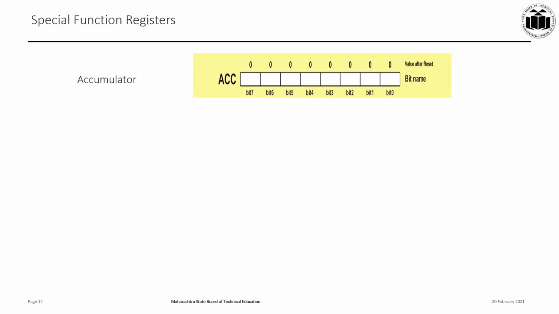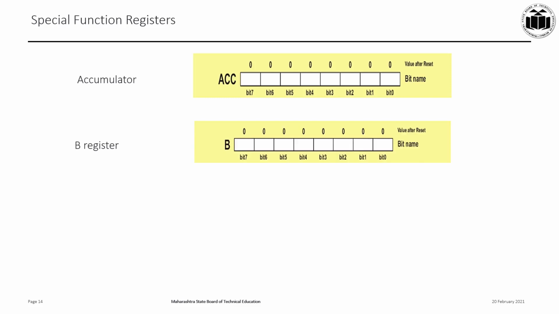Accumulator. It is an 8-bit general purpose register. As can be seen in this diagram, the central processing unit of 8051 is accumulator based. So, accumulator is used to hold the source operand and the result of all the arithmetic operations like say addition, subtraction, multiplication and division. However, accumulator can also be used as a source as well as destination for the logical operations and the data movement instructions.